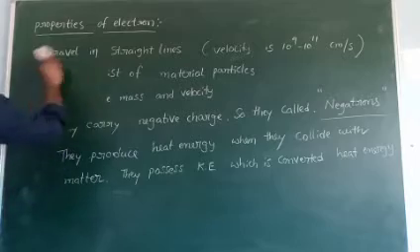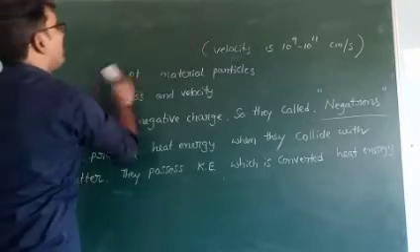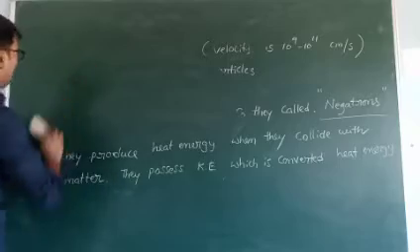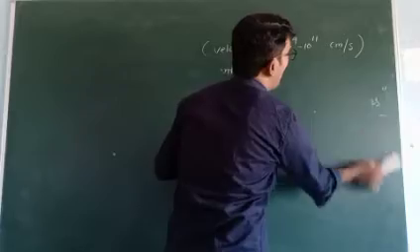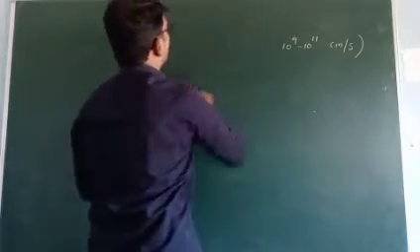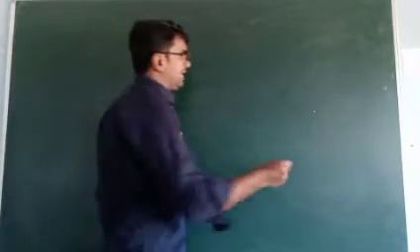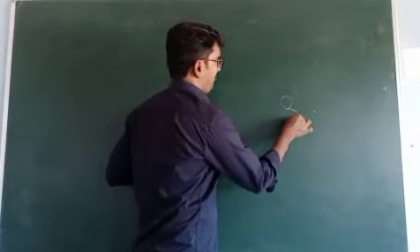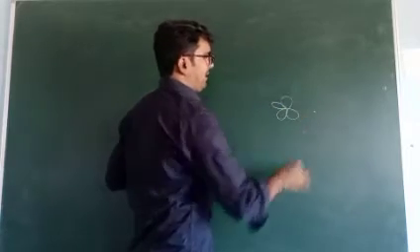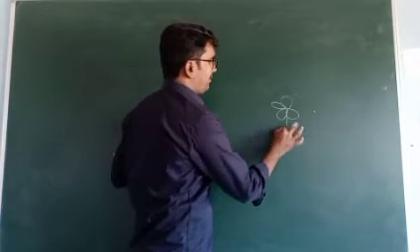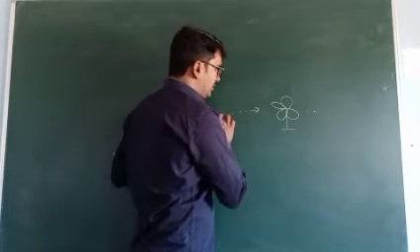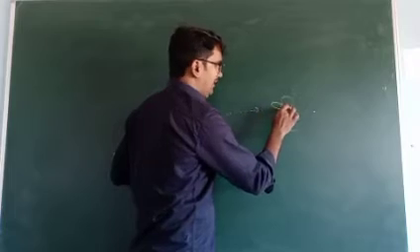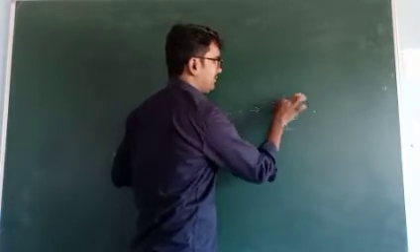Fifth point. For example, if you take a pedal wheel and keep it on the path of the electron, the pedal wheel also rotates. A pedal wheel is like a fan. Take a pedal wheel and keep it on the path of the electron. If the electrons are moving towards the pedal wheel, that pedal wheel can rotate.